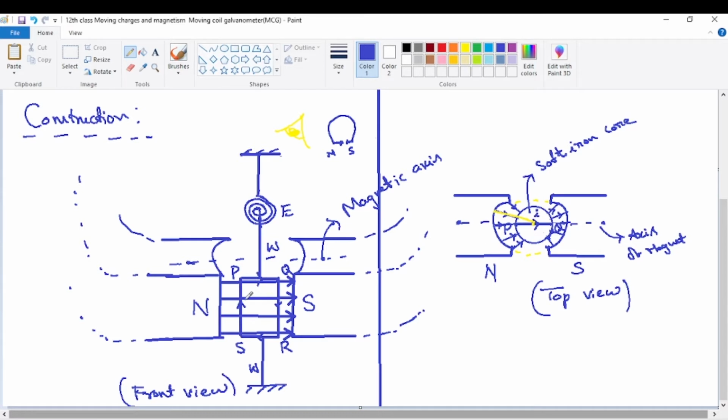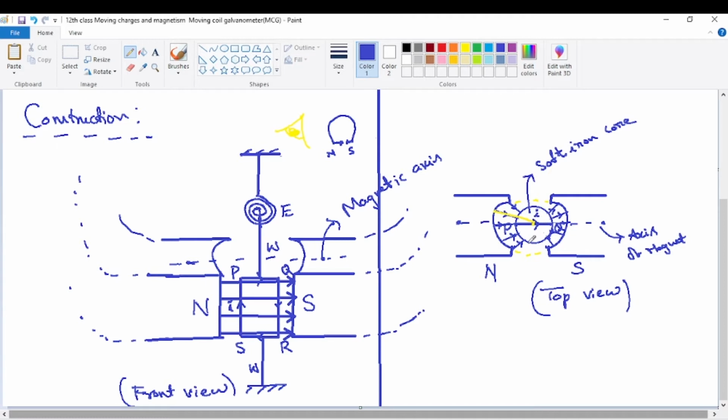Now the current passing through the coil is denoted as I, which actually has to be measured, or detected. It's flowing in the clockwise direction in the wire PQRS. So from the end P to Q, it's flowing. That's the direction of the current. From the top, it can be seen clearly. This is the point P, left hand P of the breadth PQ, and this is the right hand. So only the breadth can be seen. The entire coil is hidden below the breadth when you see from the top. So it will be under the breadth PQ. That's the important thing here.